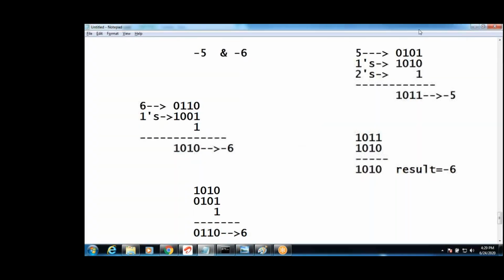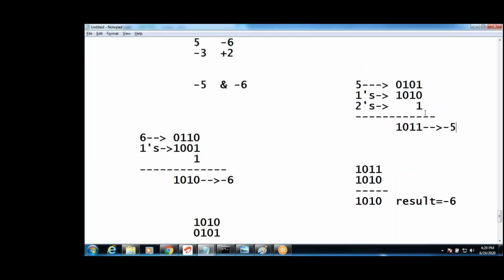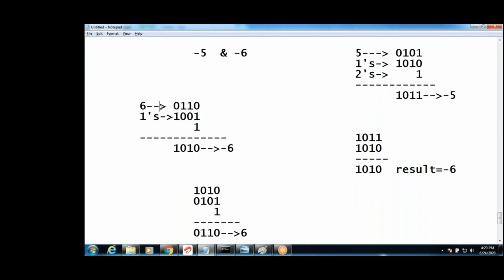Yeah, write this. How to do for minus 6? Two's complement and one's complement. This is minus 5, this is minus 6. Result is this, minus 6 is the answer. Bits, you have to take proper bits, otherwise you will get a wrong answer. Suppose we take 3 bits, here even if you take 3 bits you will get a wrong answer. You should not take 3 bits, right? We have to take 4 bits, guys. We have to take 4 bits. Clear it is? You should not take 3 bits. 4 bits you have to take.